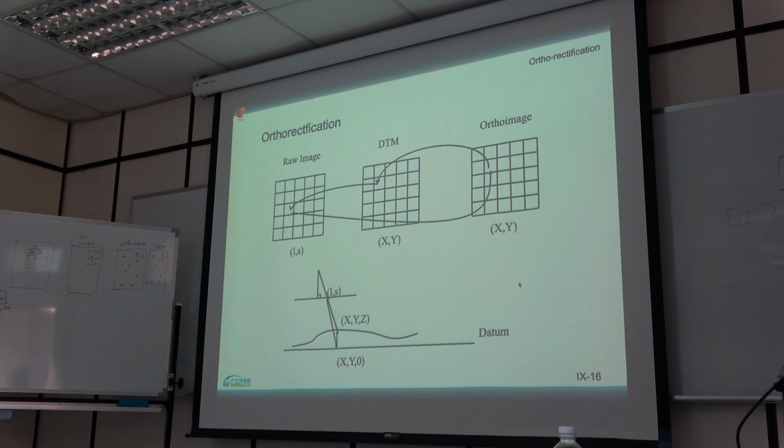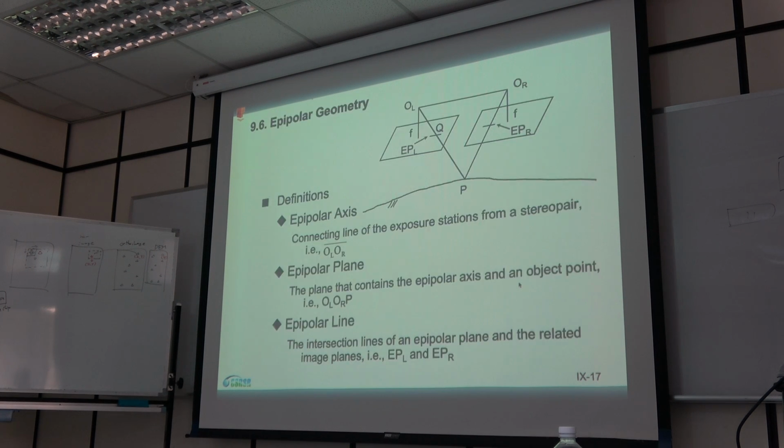I think this figure is very familiar to you guys, so we can skip it. And here is about the image matching, the epipolar geometry. We defined those terms before: the epipolar axis, epipolar plane, epipolar line. So hopefully you guys still remember that. The main reason to have this is to make the image matching